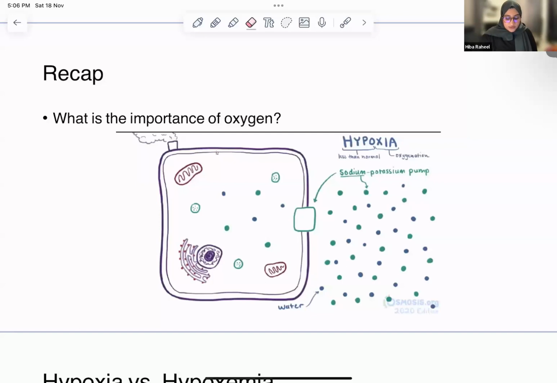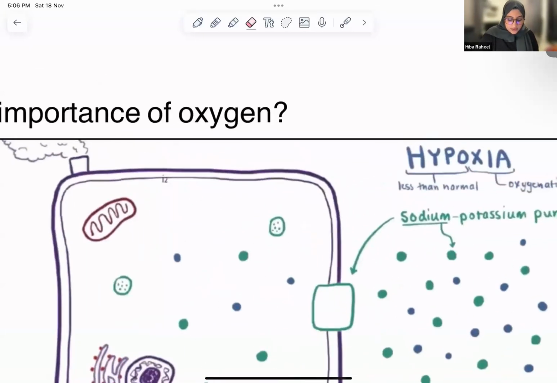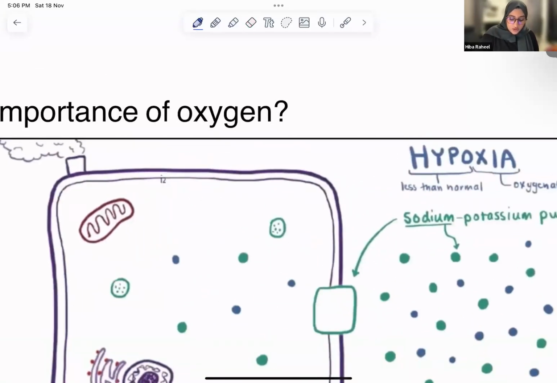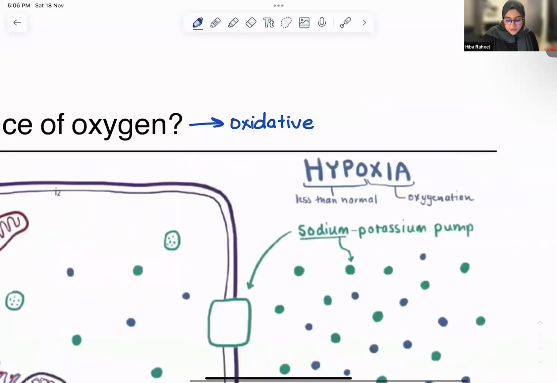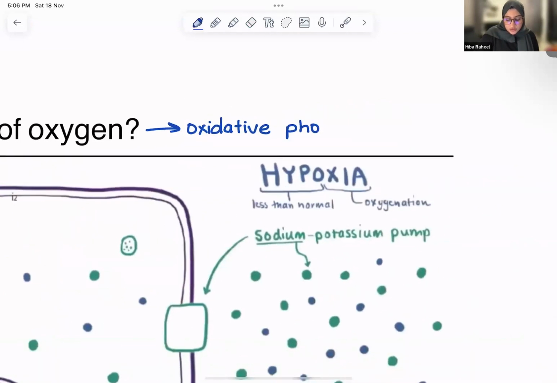The reason we need oxygen is for an important process called oxidative phosphorylation. Oxidative phosphorylation is the process through which we get a very important molecule called